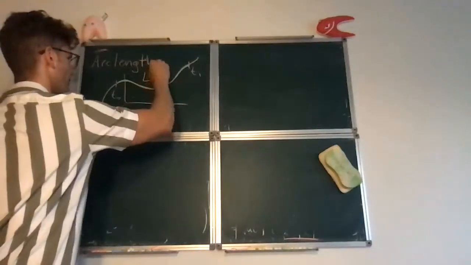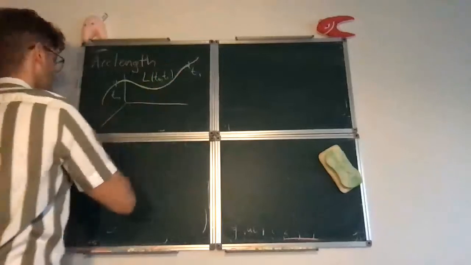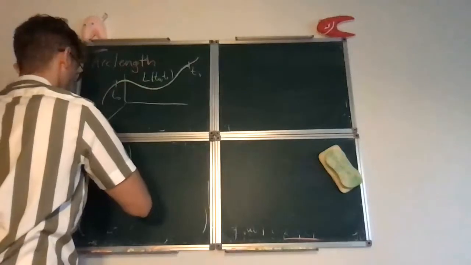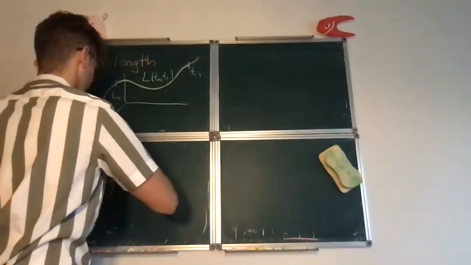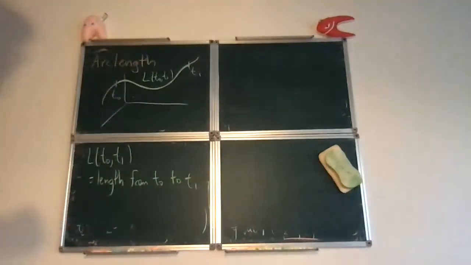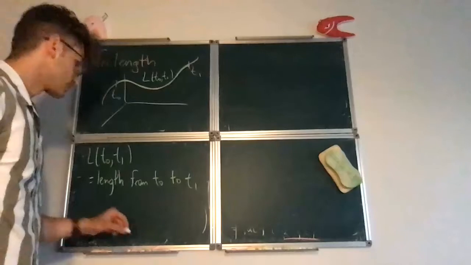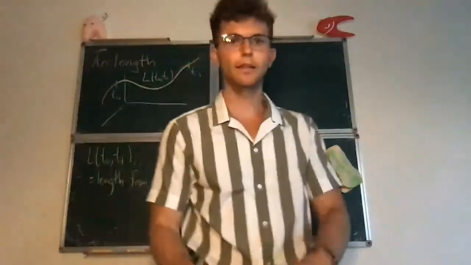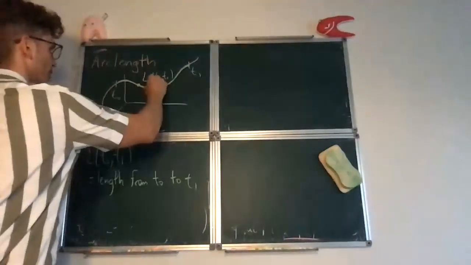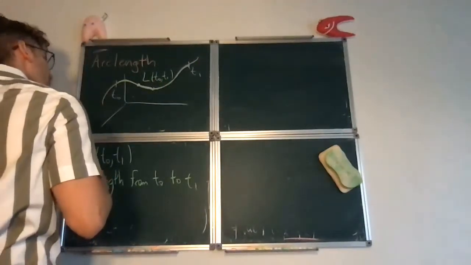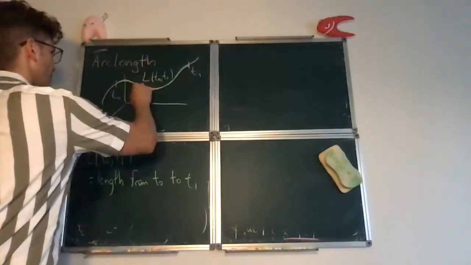So the length from t0 to t1, let's call it L of t0 t1. Well, what is length? Basically, it's just like integrating. If you have a particle moving along this curve from this point to this point, the distance traveled is approximately the length of the displacement vector,